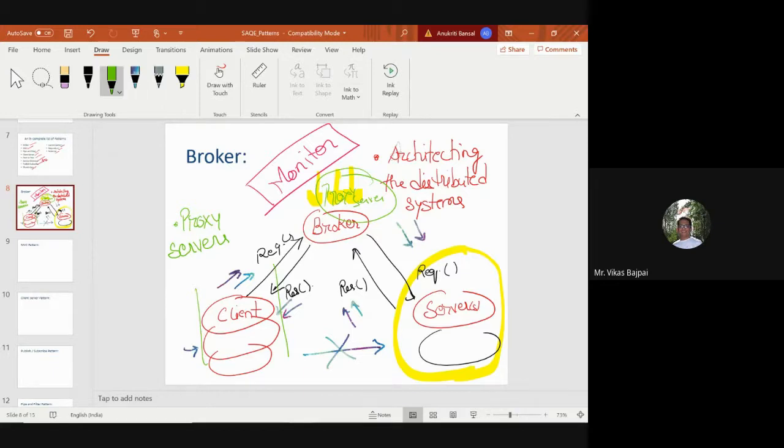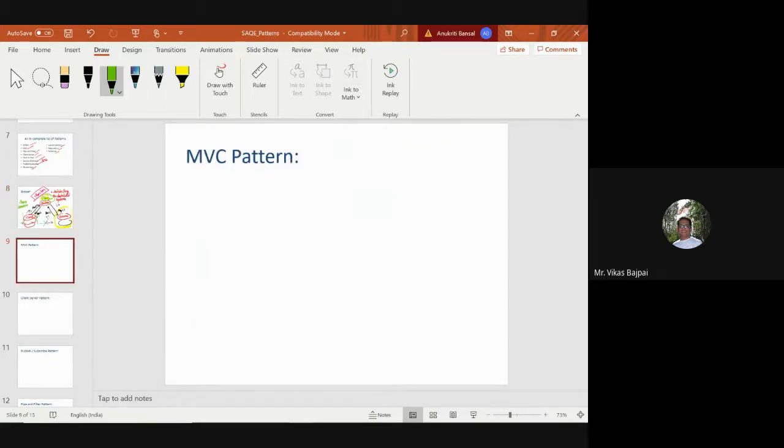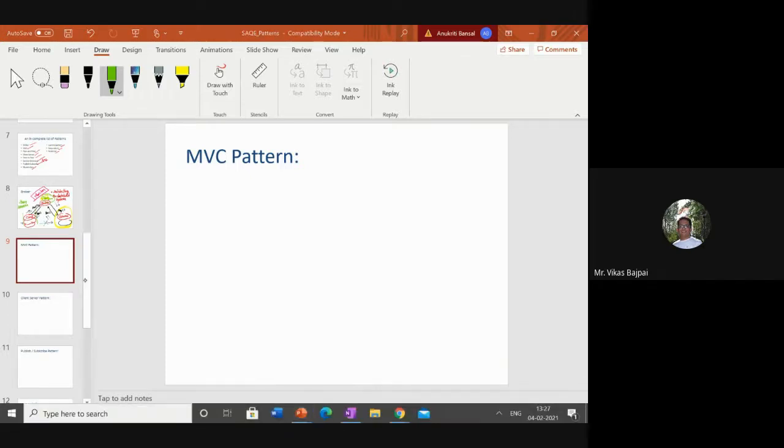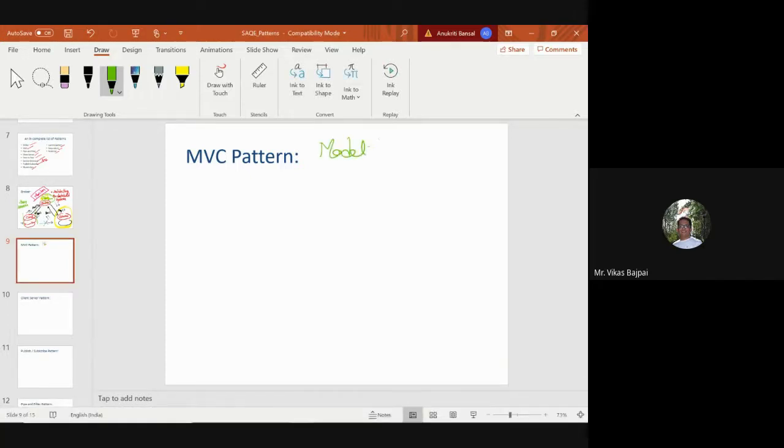Now, next is your MVC pattern. From your discussions in our previous course, you might have some basic idea that this MVC stands for model view controller.